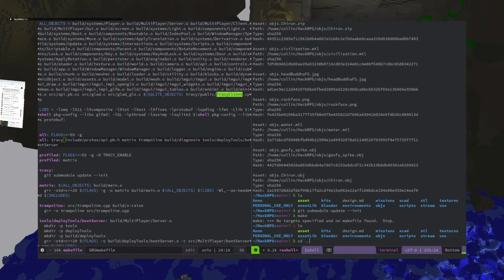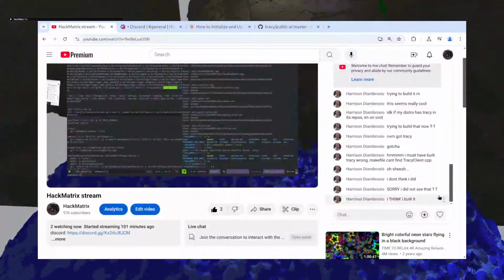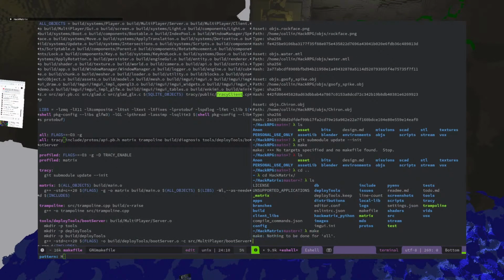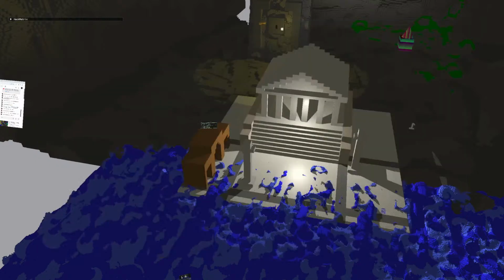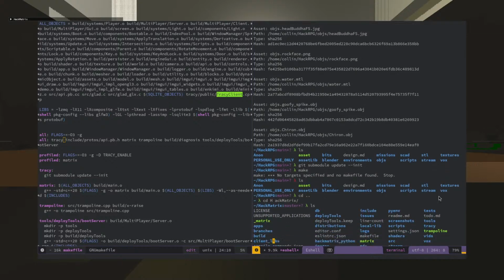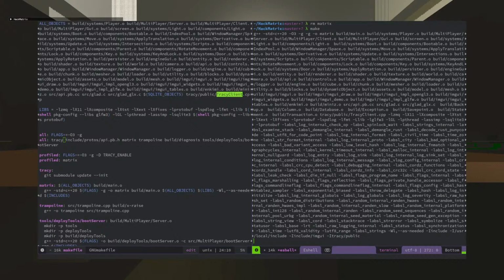Oh, this is HackRPG. Let's see. Make rm matrix. Oh boy. Teleported it down here. I hate that it does that. I wonder.